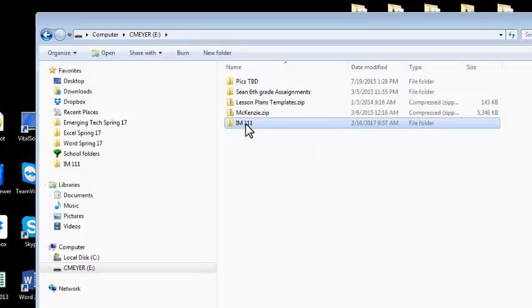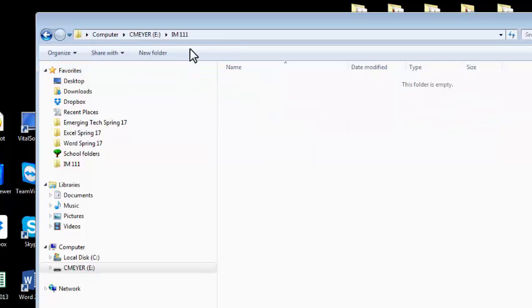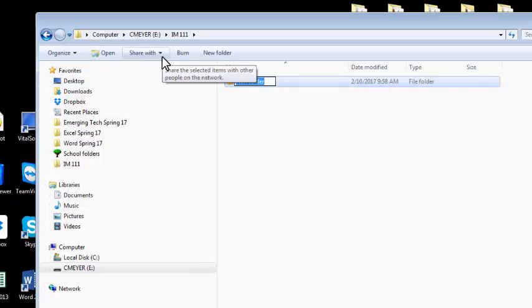In the instructions, if you double click on your course folder, you can see now in the address bar it's telling me my current location is IM111, which is located on my flash drive, which is located in my computer. Now this is where I'm going to create those folders as indicated in the instructions. So I'm going to go ahead and click on New Folder. I'm going to type,